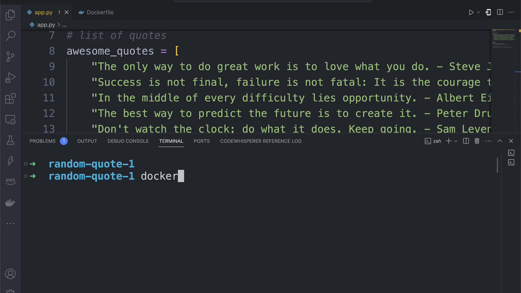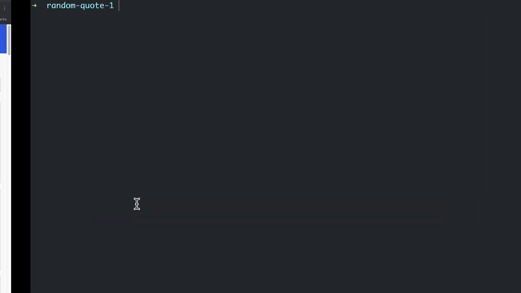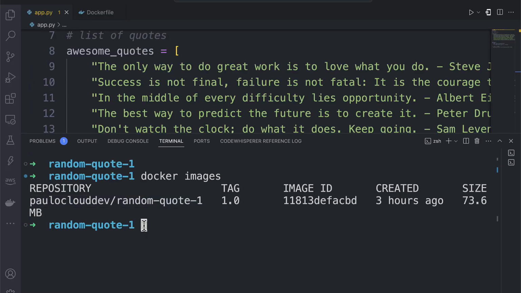So now I can say docker images. We should have indeed our image. We'll see here PaloCloudDev. Again, make sure that you use your own account ID or account name or profile name when you do this. Let's go ahead and run this real quick just to make sure again that this is working. So I'm going to say docker